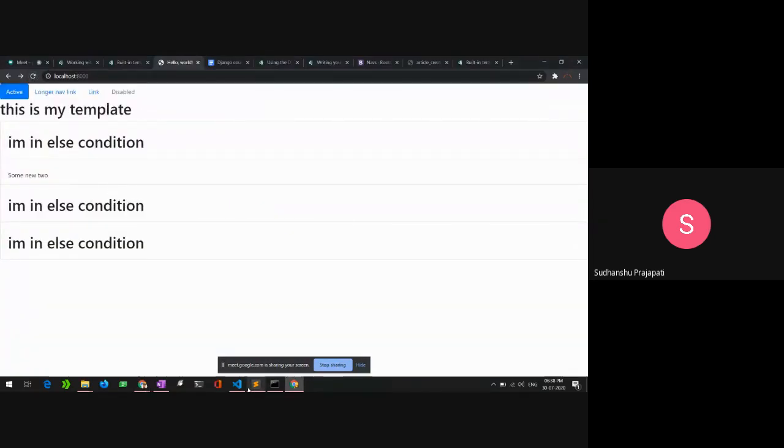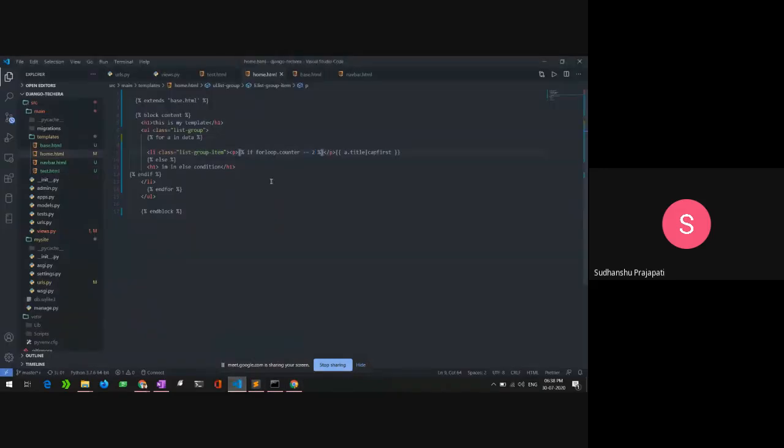So you have to take care of every space in the syntax of the HTML template tag inside your template. I forgot to use some spaces, and even that space is necessary. If you don't give a space between the percentage sign and if, it won't even render.